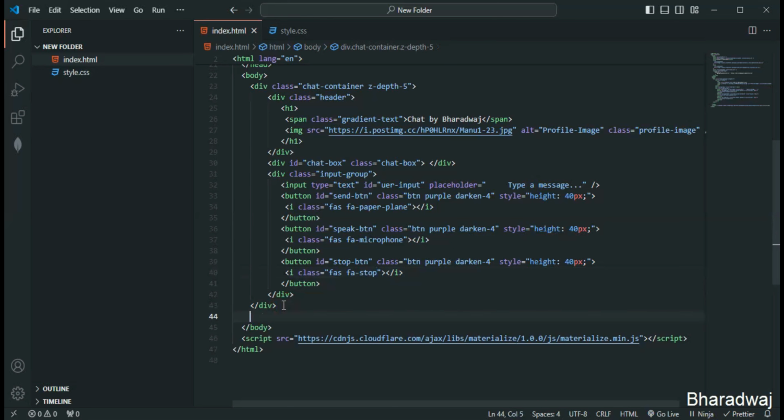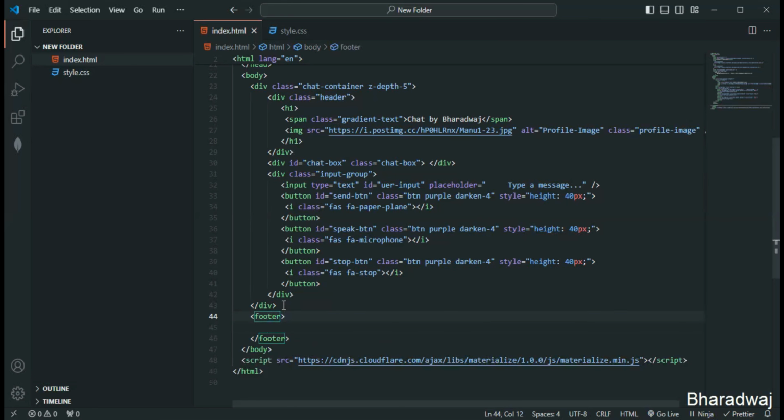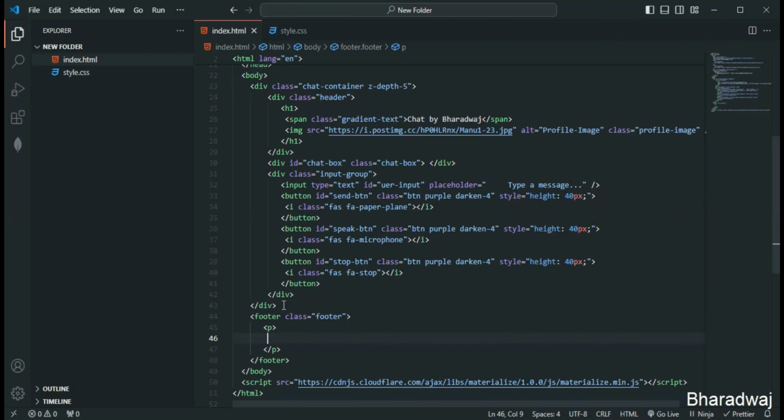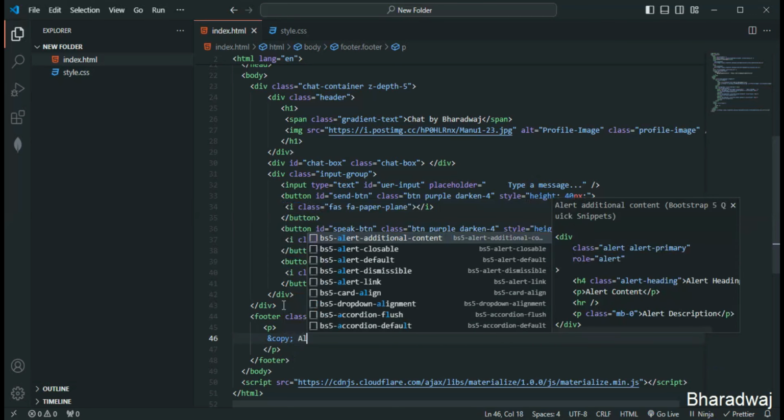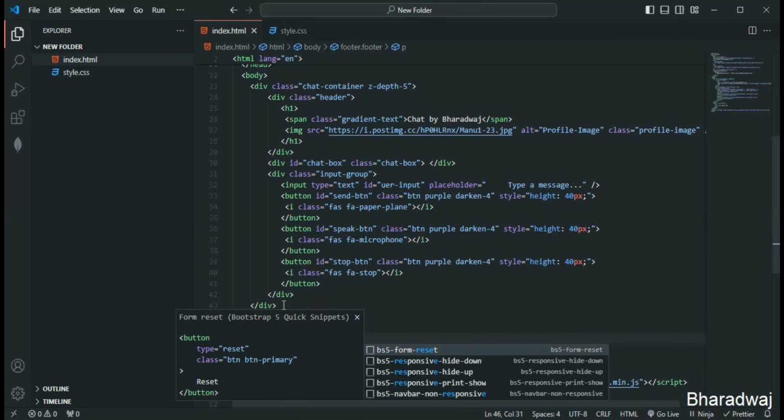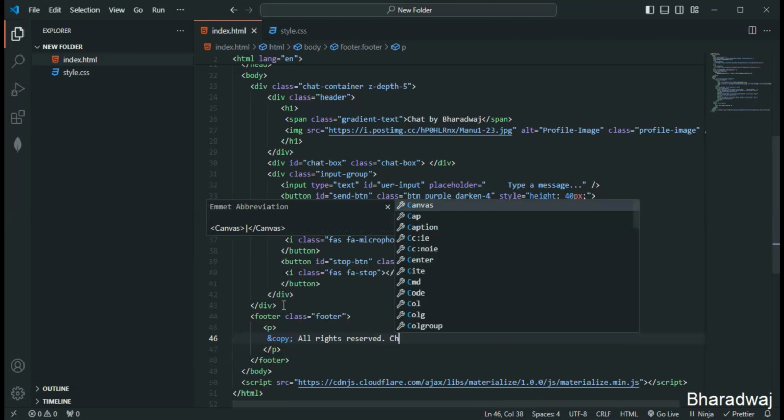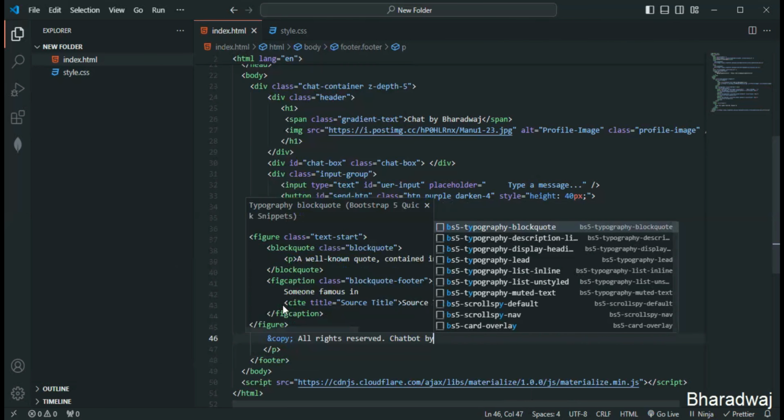After the end of this div tag, let me make use of the footer finally, right? I'll make use of the footer tag. Within the footer, I'll give class footer. Within the footer, I'll make use of the paragraph tag, where I'll make use of the HTML entity ampersand copy, just to get the copyright symbol. Just give all rights reserved, chatbot by,